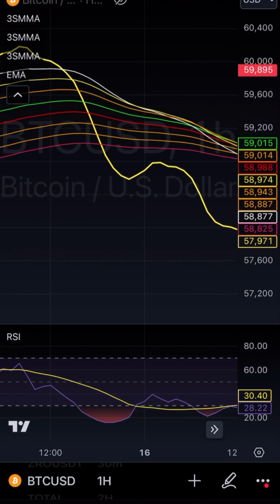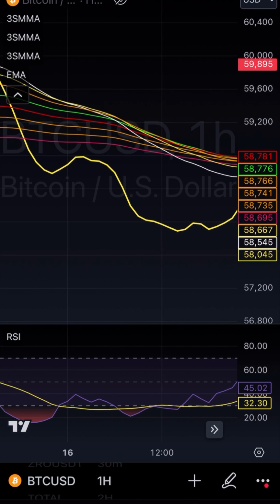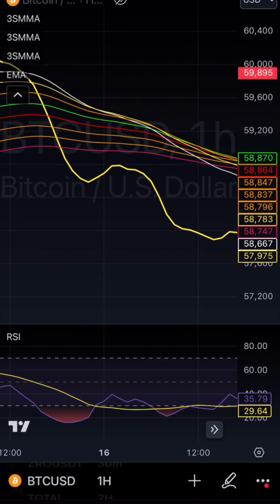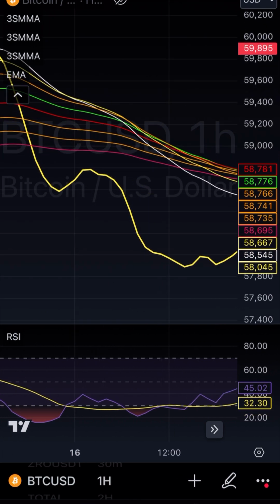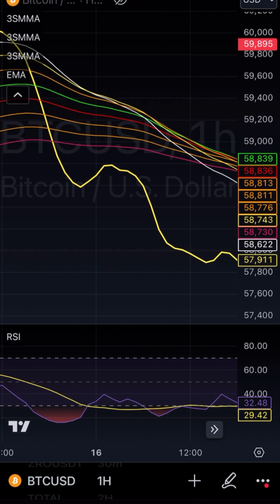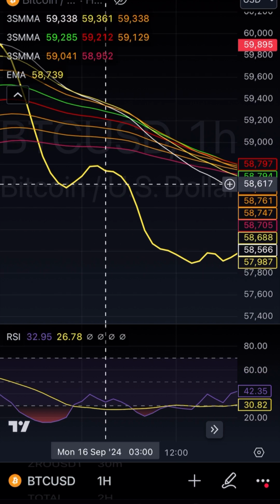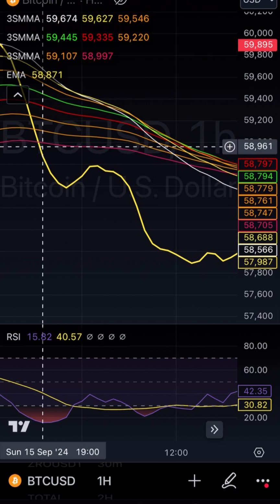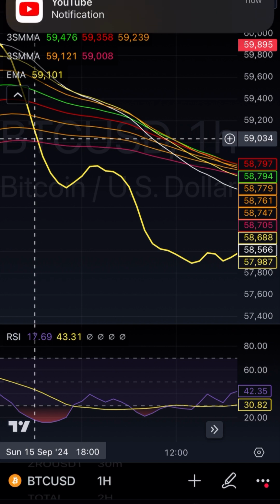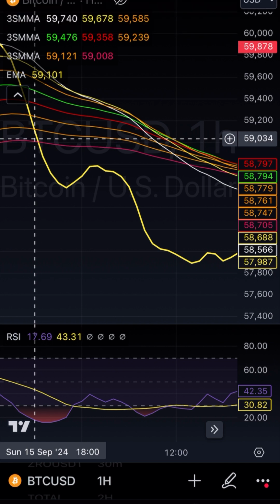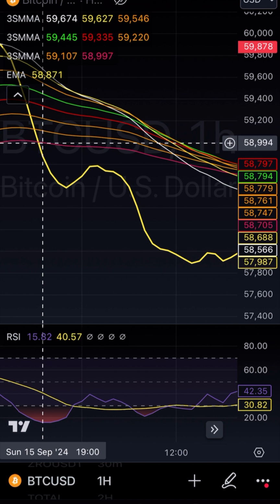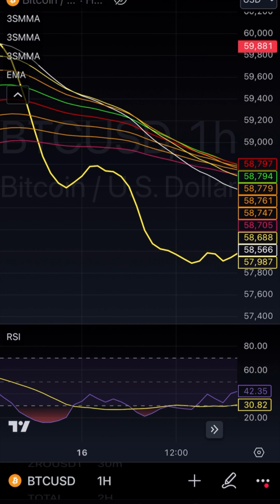So when you want to enter your trades, you can do this on the hour. You can do it on a smaller time frame. Even if you do enter on a smaller time frame, just be careful because you could enter into consolidation periods. But right here you see that the 5 is crossing down. This is where you will enter your trade. We know that the direction is going down, so right here at this moment is when we would enter our